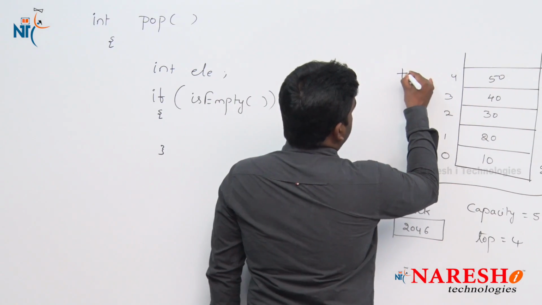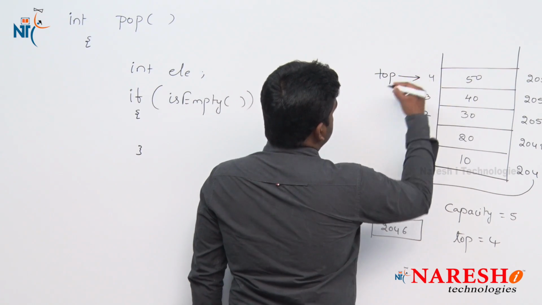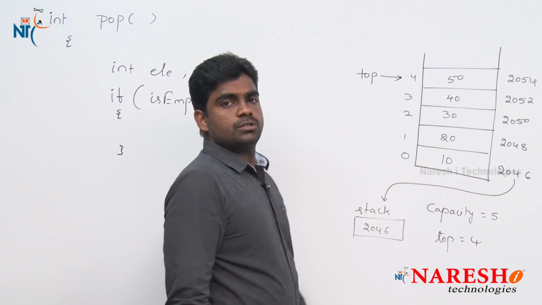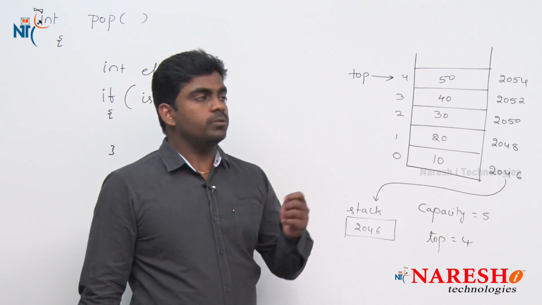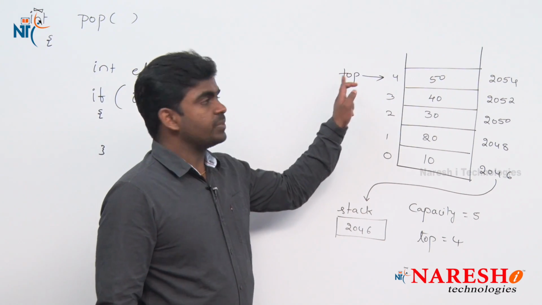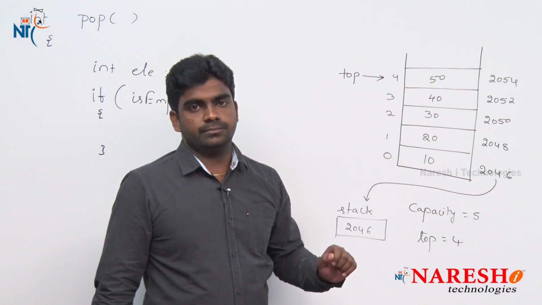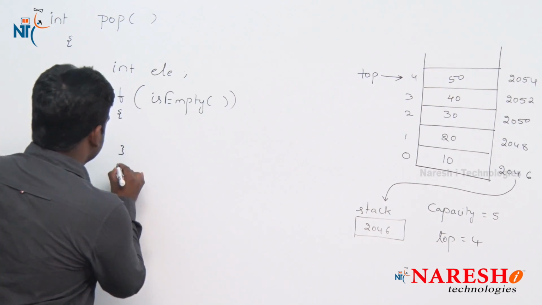Top is pointing to this 4th location. So here we have to pop, nothing but we have to remove the top element only. So the top element is 50. Okay, so here the else block executes,